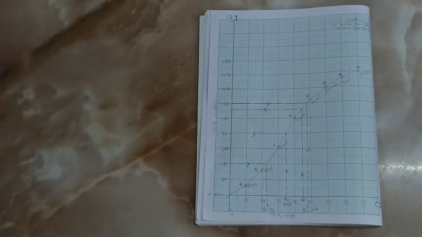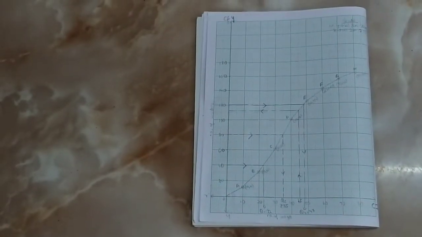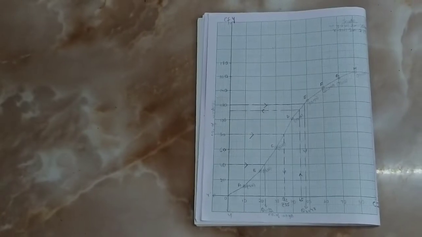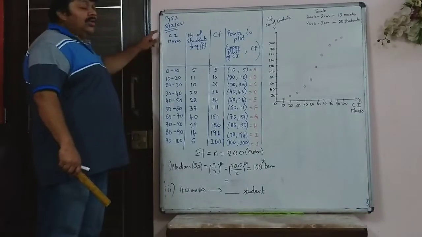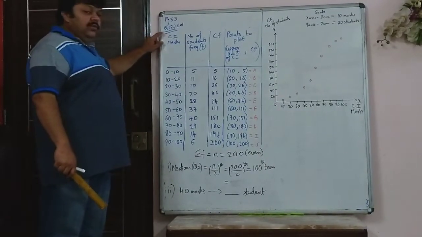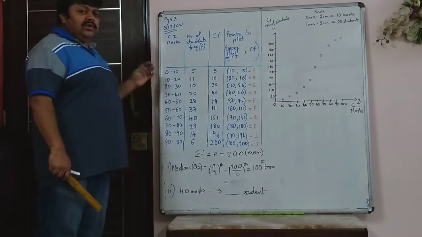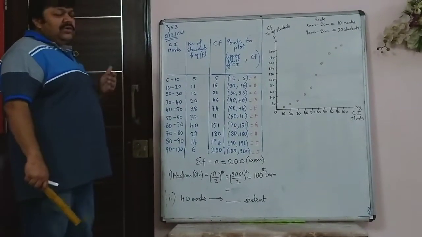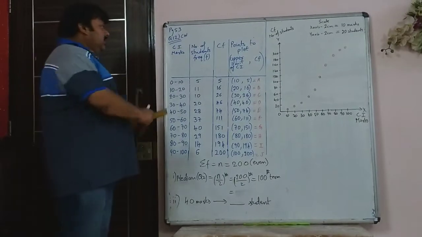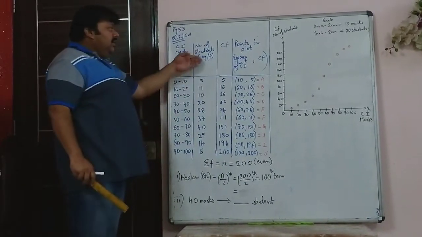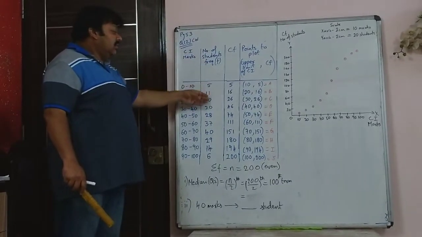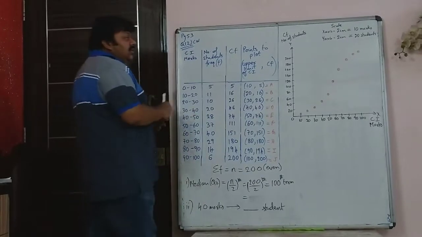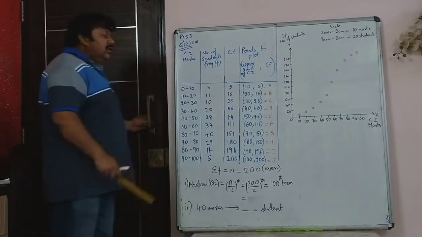The scale is written. All this has to be shown in your graph. This is exactly how you will draw and plot the graph. This is your typical ogive graph. So we will do the next sum next. Now I am doing page 53, question 12, because that's another very simple question and it's asked in the boards. The board questions are extremely straightforward and simple. You are given the class interval and number of students. The class interval denotes marks and number of students denotes the frequency. As I told you, the next thing you have to do is find the cumulative frequency.